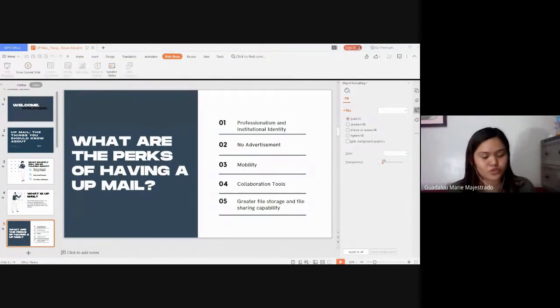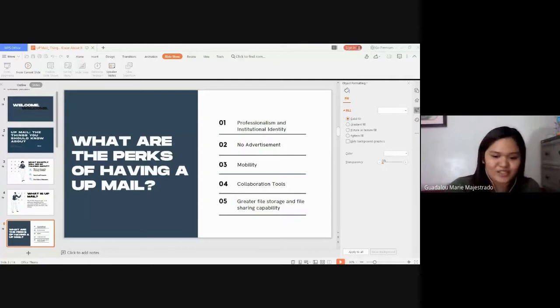I will be sharing that later, but just so you can have a little bit of info: when you sign up in Google Drive using your personal email, not the UP Mail, you only have 15 gigabytes of storage space. But when you use your UP email, it will be much bigger. I swear, it'll be much bigger. And so next,